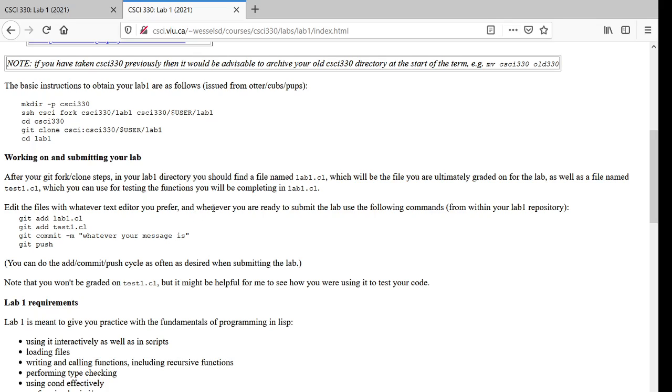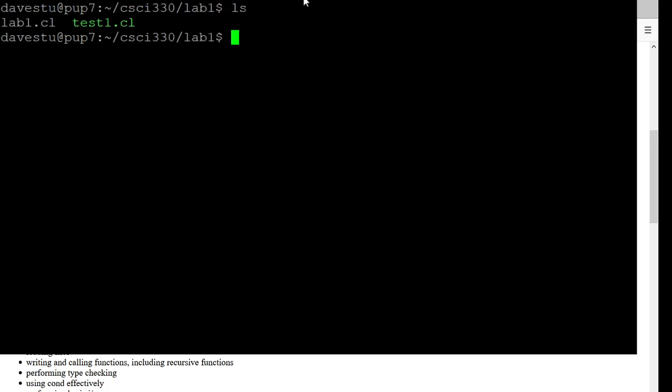When you grab your Lab 1 repository, the contents are going to look something like this, where you'll have two Lisp files, lab1.cl and test1.cl. Test1 is an executable script. Lab1.cl is basically just a bunch of function definitions that you're going to be completing. Actually, you'll probably also see a README when you grab this. Since Git isn't actually up and running at the time that I'm recording this, we're just kind of faking it here. So, if you have a look at the two files there,